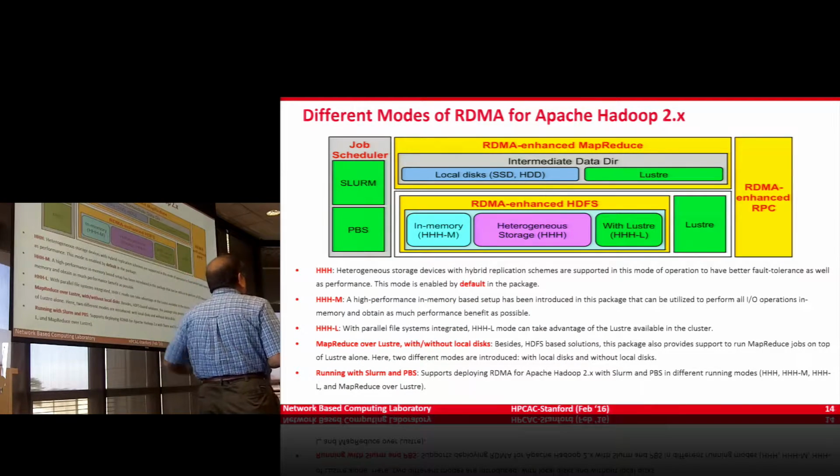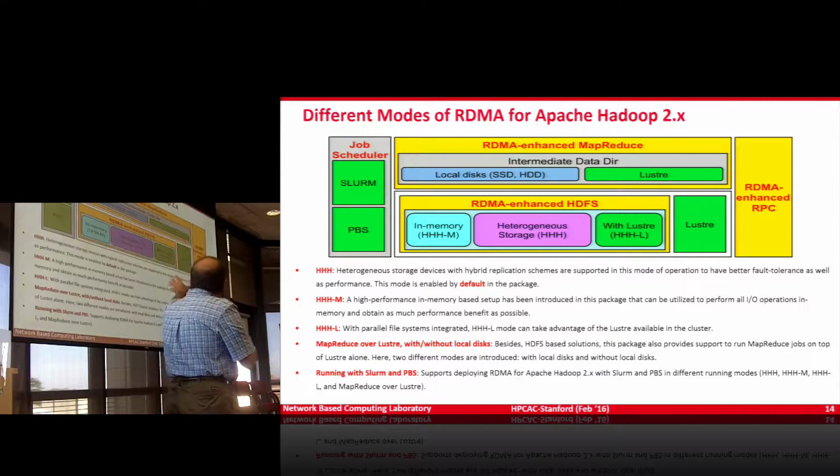Let me go into a little bit of detail. This is Apache Hadoop 2.x. I'll go into much more technical details in the next few slides. We call it heterogeneous storage, so that we have different kinds of modes. We can run it on SSDs, with hard disk, over Lustre, in memory, or in any combination of these.